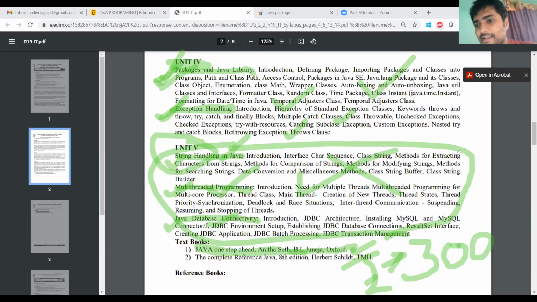Anyway, we will get the material. That is no issue, you can get the material from anywhere. But if you have the textbook, you will get some extra concepts and extra programs also. Whenever, even after 2 years, you want to refer to something, you have this textbook. So this is all about the remaining things in Java. We'll complete it within 1 month, nearly 1 month.